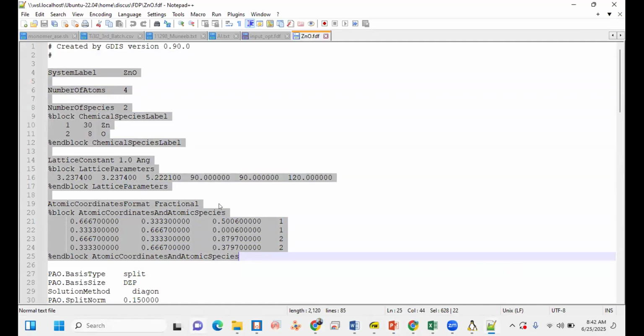The method is very easy: we download a zip file from the database, and we convert this zip file to an FDF file using GDIS, and this GDIS will create the atomic coordinates for us and everything here, you see. So I will copy from the system label till the coordinates. Keep that in mind, from system label till coordinates. I will copy it.